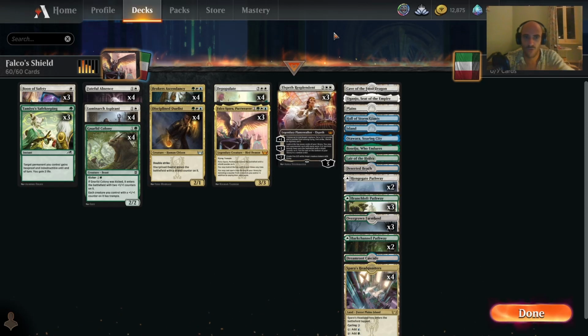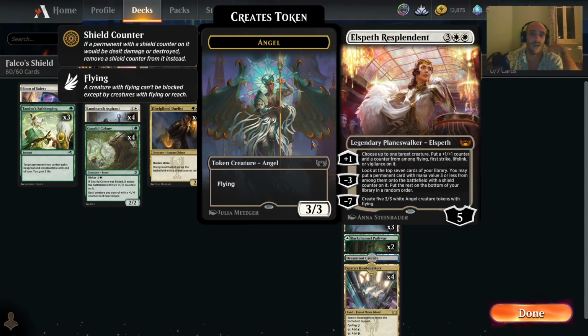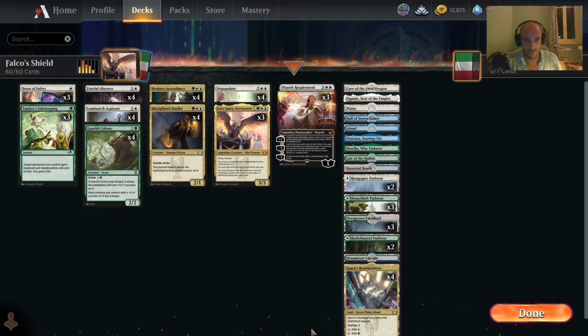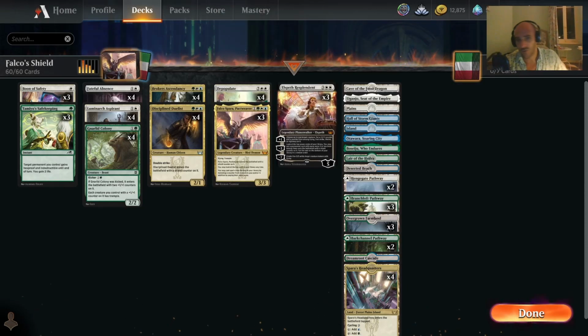So a little bit harder to remove. Which brings us to our 4 drops, where I've gone for a full playset of Depopulate. Now, because of all the shield counters we have on things, Falco Spara enters the battlefield with a shield counter, Disciplined Duelist, as well as anything that you play off of Elspeth Resplendent's -3, all have shield counters, plus you've also got Tamiyo's and Boon of Safety that puts shield counters, so you can often Depopulate, your entire board